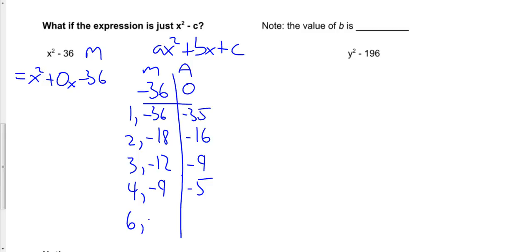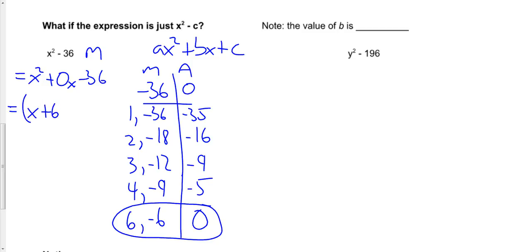So 6 times negative 6 is going to give me negative 36, and 6 plus negative 6 gives me 0. So I know that my two binomials are going to be x plus 6